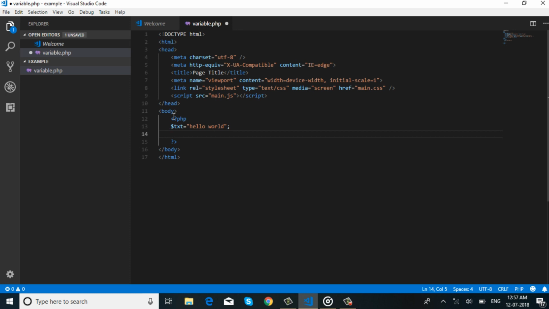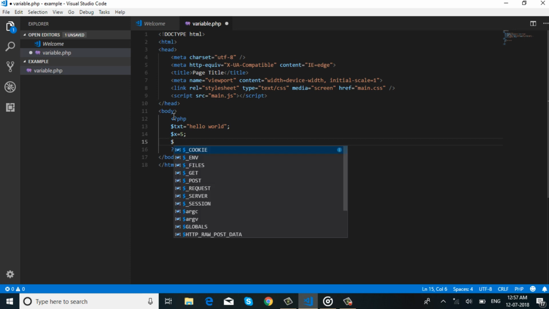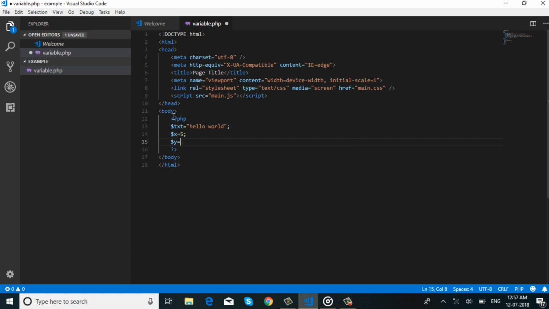Then I create the second variable $x and this one stores an integer value. Then I create the third variable $y. It holds a floating point value. Then I print all the variables one by one.